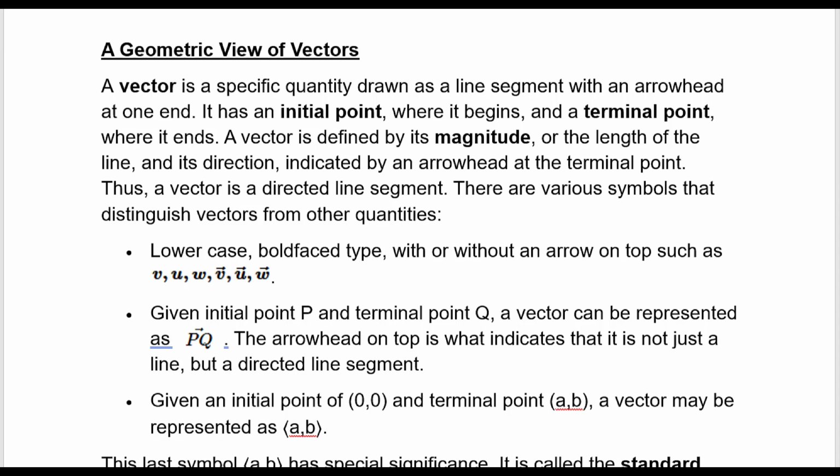Now we're going to look at vectors from the perspective of geometry. So a vector is a specific quantity drawn as a line segment. This is from the book, by the way. With an arrowhead at one end, it has an initial point where it begins and a terminal point where it ends. A vector is defined by magnitude, or the length of the line, and its direction, indicated by an arrowhead at the terminal point. Thus, a vector is a directed line segment. That's a key point right there. It is a directed line segment, and known by its direction